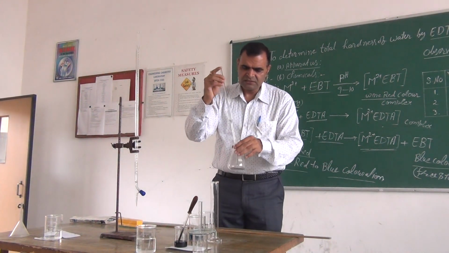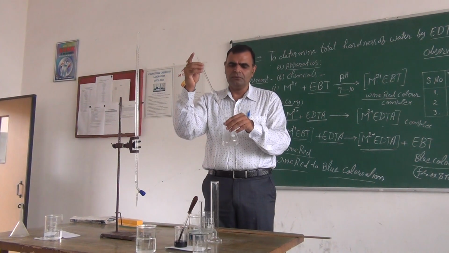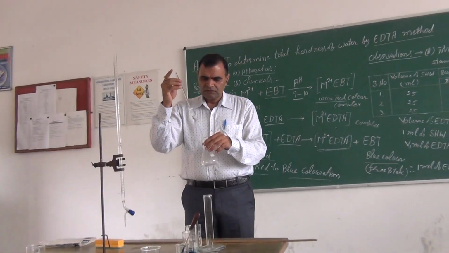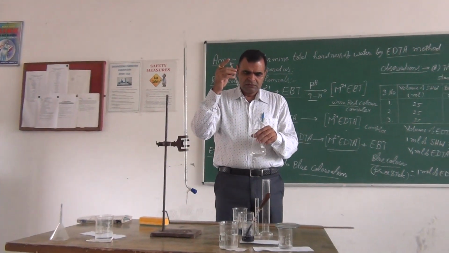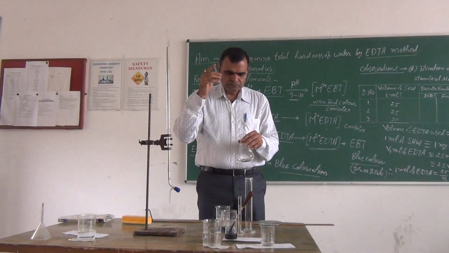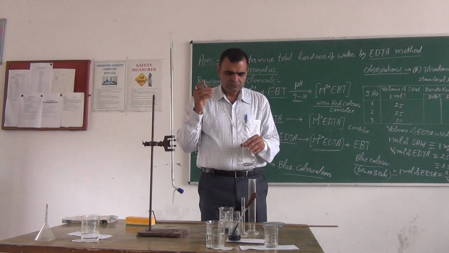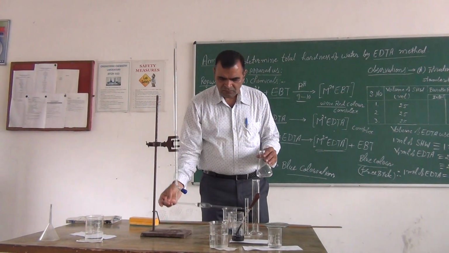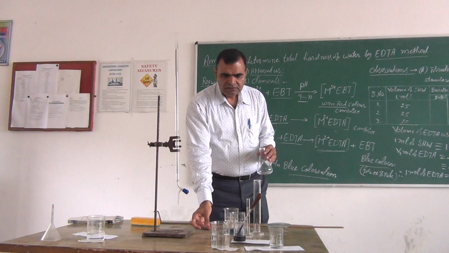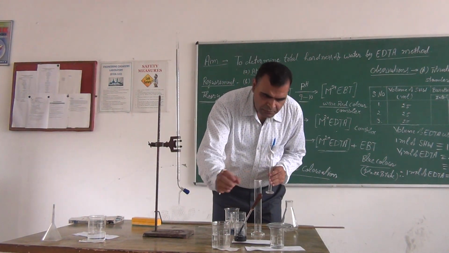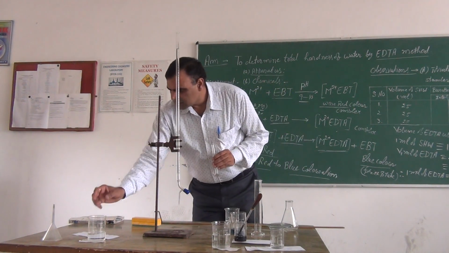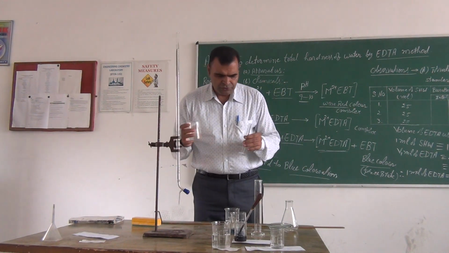This is the conical flask. Transfer 25 ml of the standard hard water, then add 4 to 5 ml of the buffer solution,